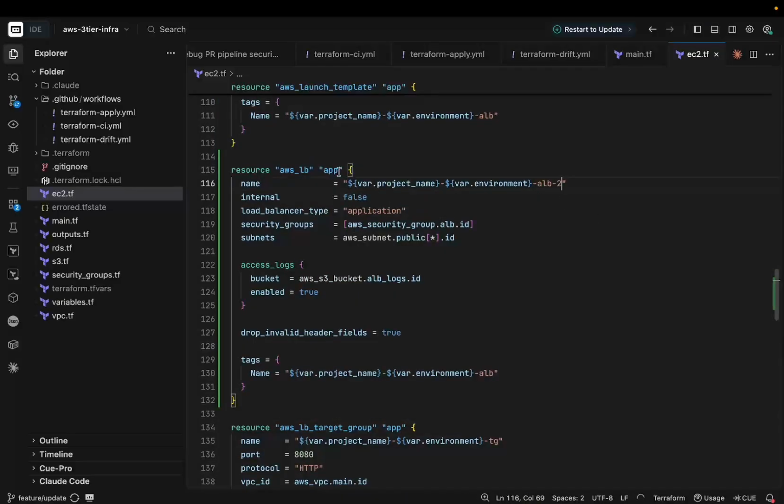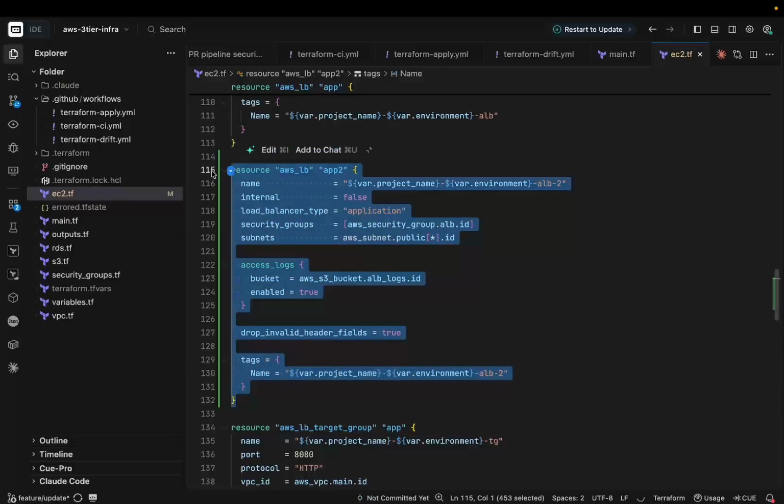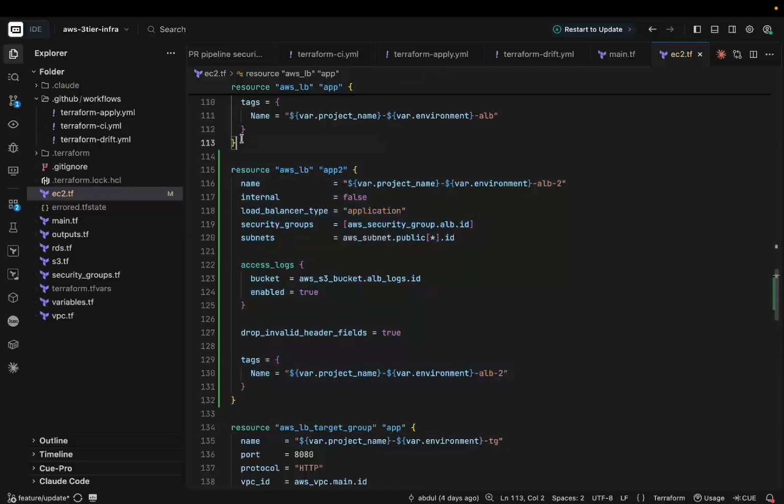It will be an application. Also, we're going to change the resource name, okay, subnets, the security groups, and so on. Okay, so this new resource should be an addition to the existing resources defined in the main branch, not in the AWS account, but